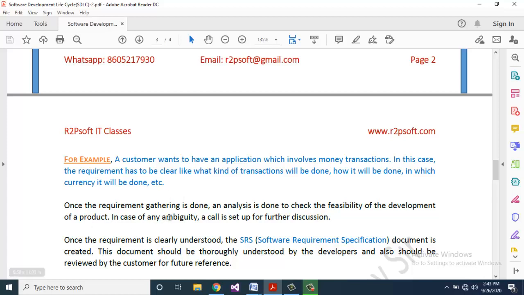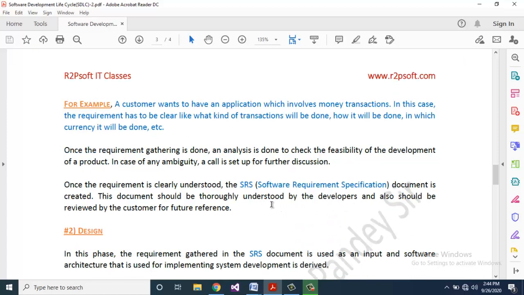Once the requirement gathering is done, an analysis is done to check the feasibility of the development of a product. In case of any ambiguity, a call is set up for further discussion.